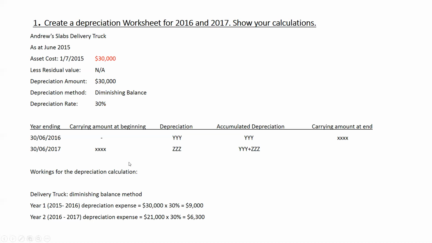X, X, X. It's going to be exactly here because this is the ending balance of 2016, and this is going to be the beginning balance of 2017 because this is exactly the same amount, right? And then you have to find out the depreciation for this amount, 30%. Let's say it is Z. And your accumulated depreciation would be this amount, Y, plus the depreciation. And then you have to reduce this number from the carrying amount at the beginning, and you'll get the carrying amount at